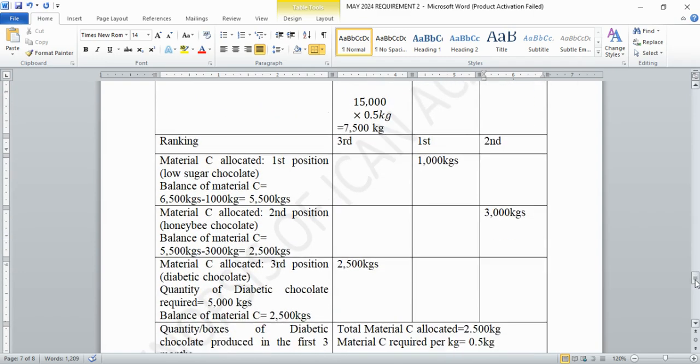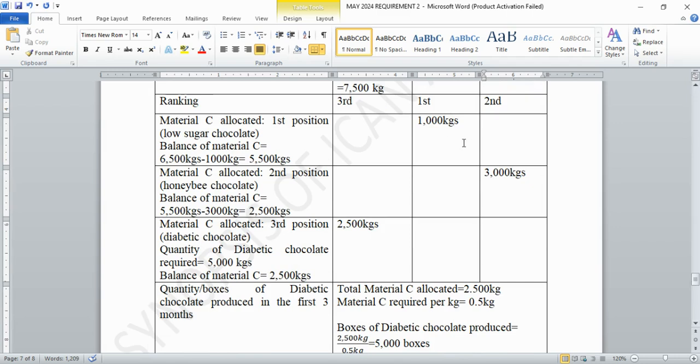So now, what do we allocate to the first one? First position needs 1,000. If you remove 1,000 out of the 6,500, how many will be left? 5,500. Do we still have anything left? Yes, we have something left. So let's go to the second position. Second position needs how much? 3,000. And out of 5,500, what's left? 2,005. But the third one, they need the minimum